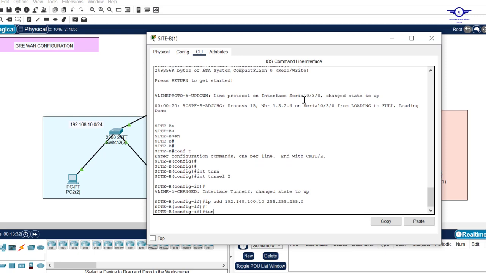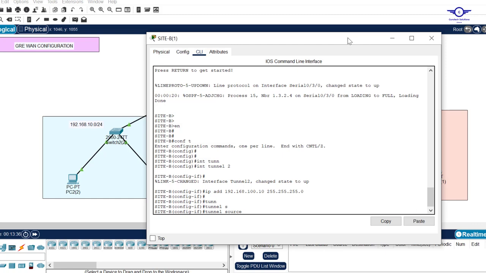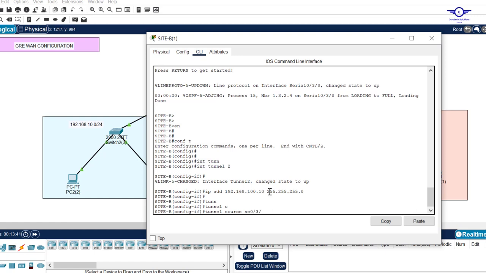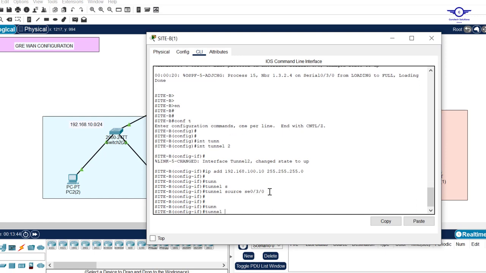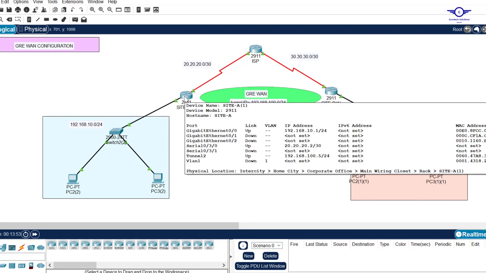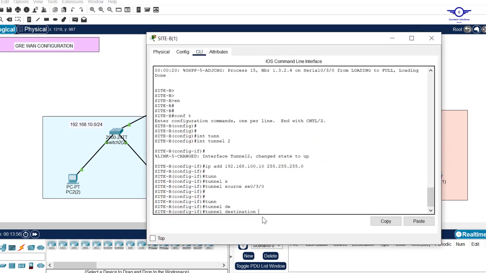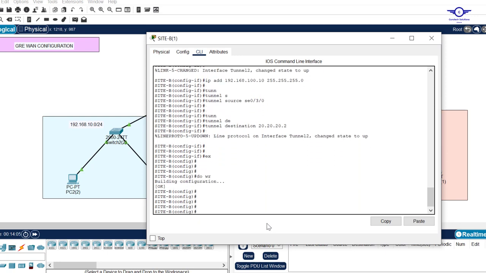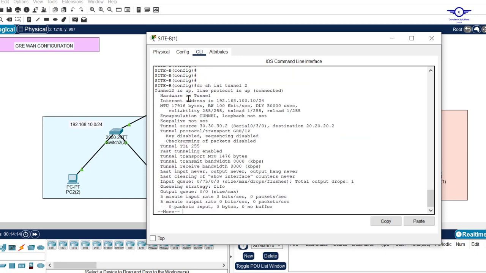Then tunnel source to be this interface or its IP address. Just say serial 0/3/0. Then tunnel destination to be the IP address of this interface. This is the target now. The destination from this one is this one. You can see it is 20.20.20.2. So we just say 20.20.20.2 and we hit enter, exit, and do write. So that's all. And if I say do show interface tunnel 2, you can see a lot of